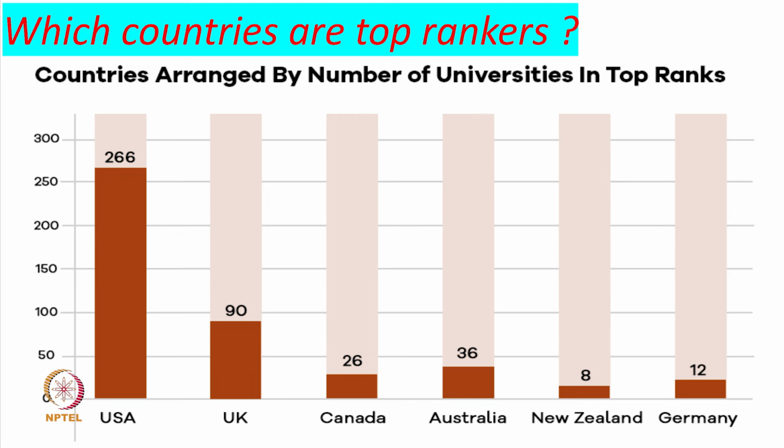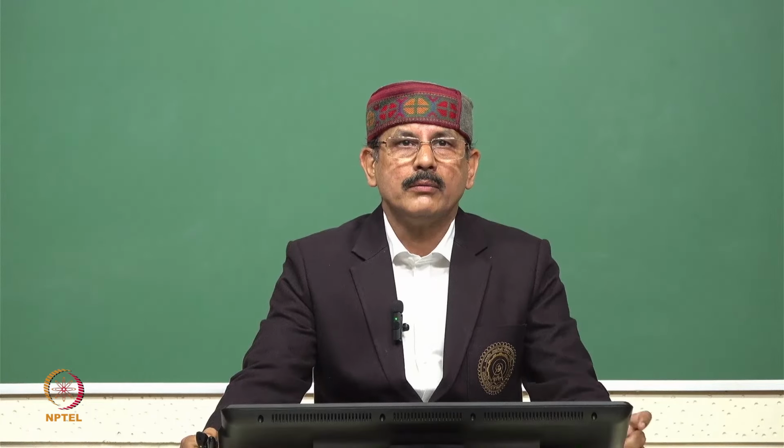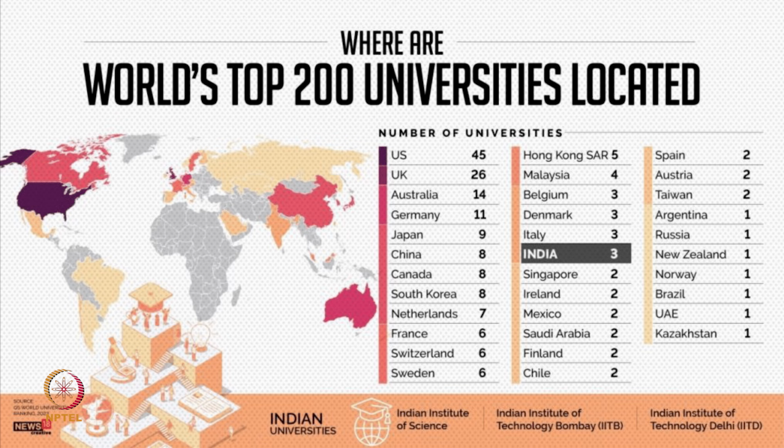Which are the countries where the maximum number of ranked institutions exist? No doubt about it, USA and UK are far ahead of other countries. If you see this particular slide, UK and USA are the forefront runners, followed by Canada, Australia, New Zealand, and Germany. The next slide shows where the world's top 200 universities are located, and most of them you can see in US, UK, followed by Australia, Germany, Japan, and this is 2 year old data. We can see that India has 3 top ranked universities, but at this particular moment there are only